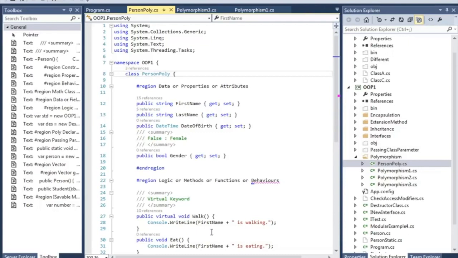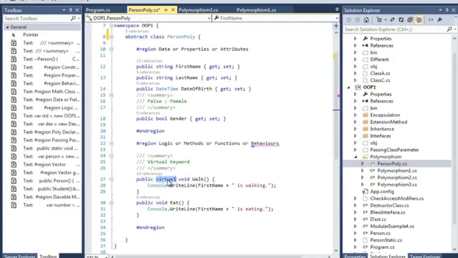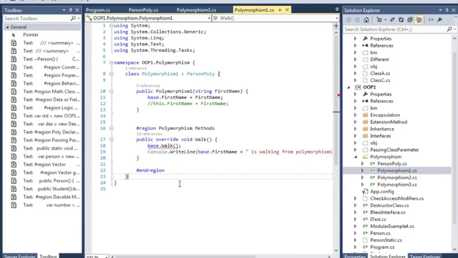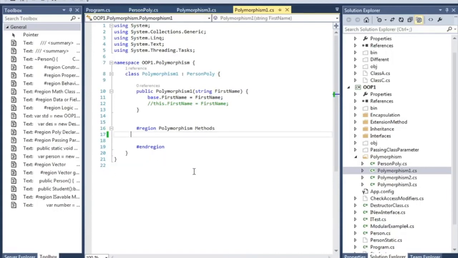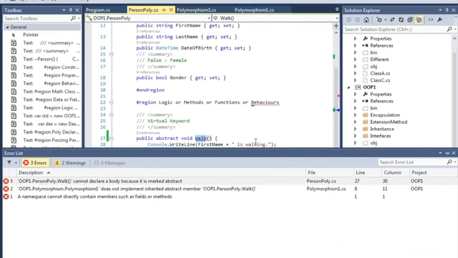So to work with abstract class, we just put the abstract keyword and put the method as abstract. Must put the public. If you don't put public, it will not work. So now that this class is not implementing this method, see the error that it's not implemented.